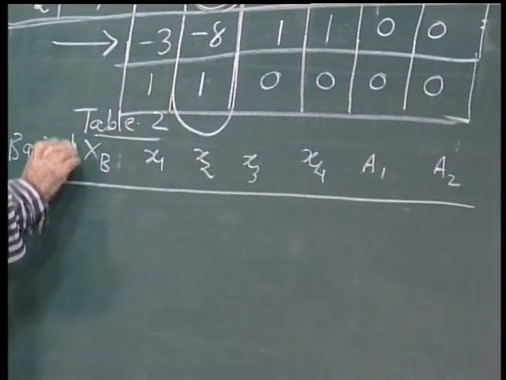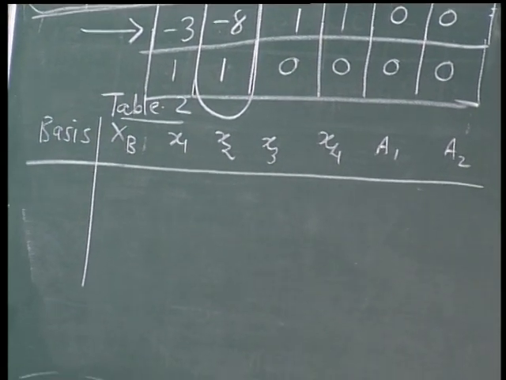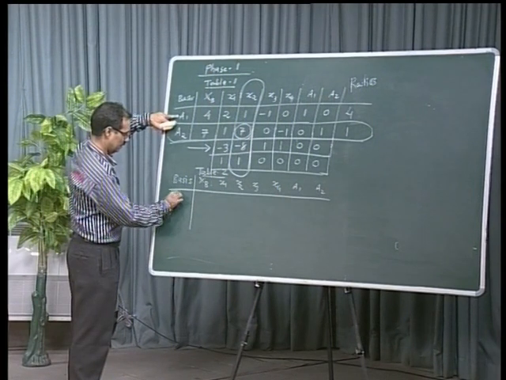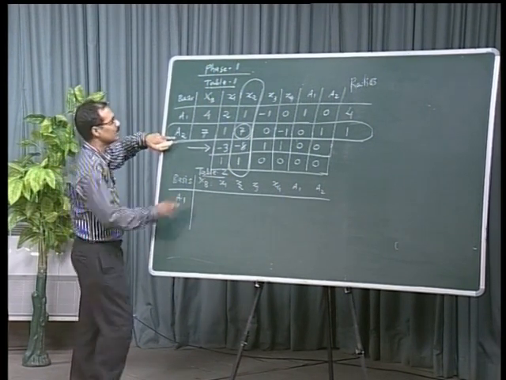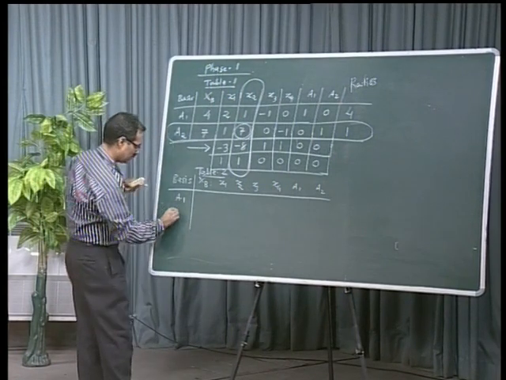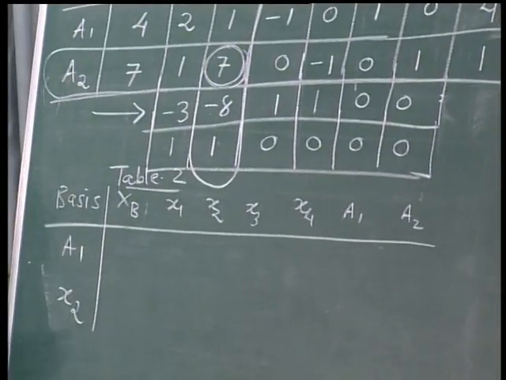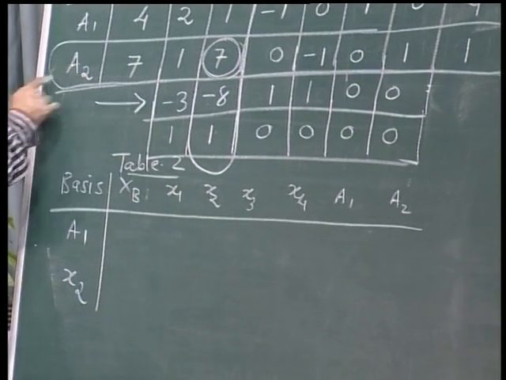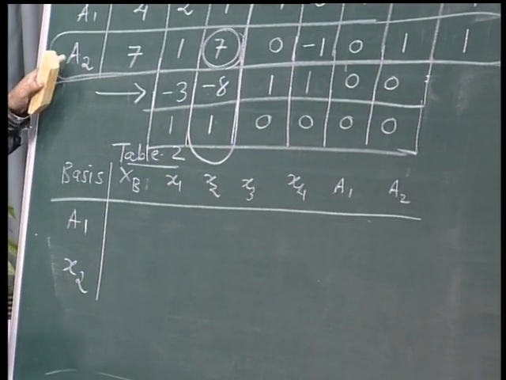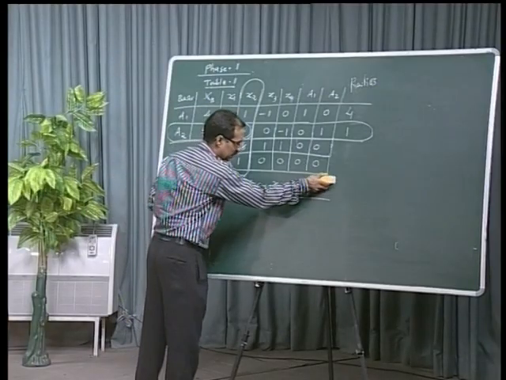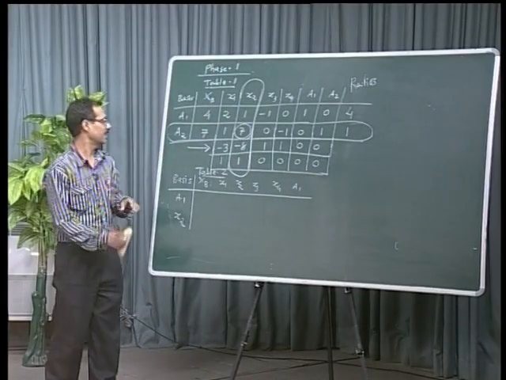The first change comes in the bases. It was A1, okay, and now it is A2. So, this A2 is replaced by x2. So, this becomes x2 now. Okay. As soon as A2 is replaced by x2, A2 has done its job and it is now replaced. So, even in the table we can replace A2.